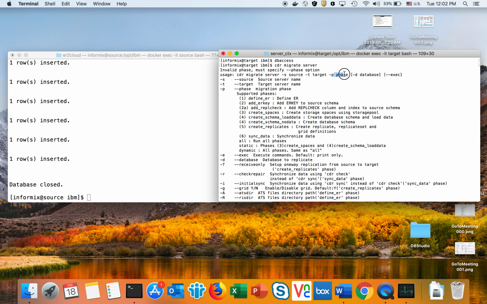And the phase, like I said, this tool itself is divided into multiple phases. We have these 6 different phases. Define ER defines enterprise replication. Add ER key adds an ER key for the tables that don't have either a primary key or a unique index. And we also have a new one, add ripple check column. If you would like to add a ripple check column to make the enterprise replication check repair faster, you can have that as well. Create spaces will analyze the storage spaces